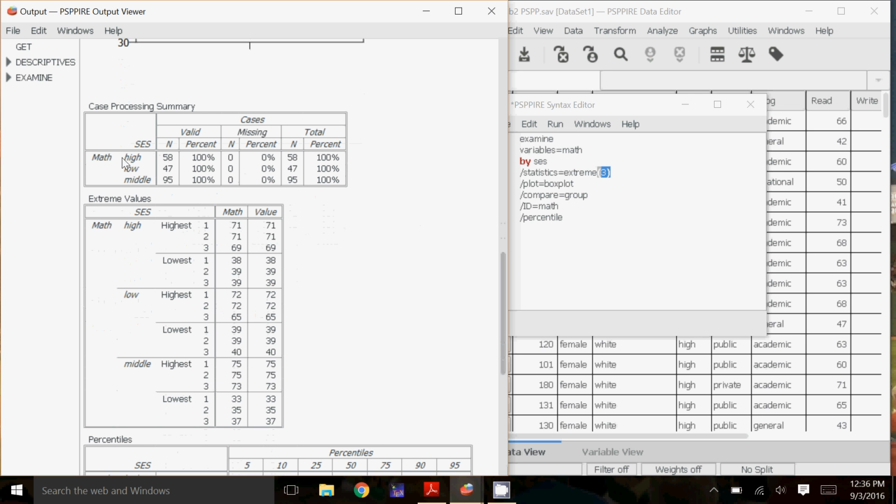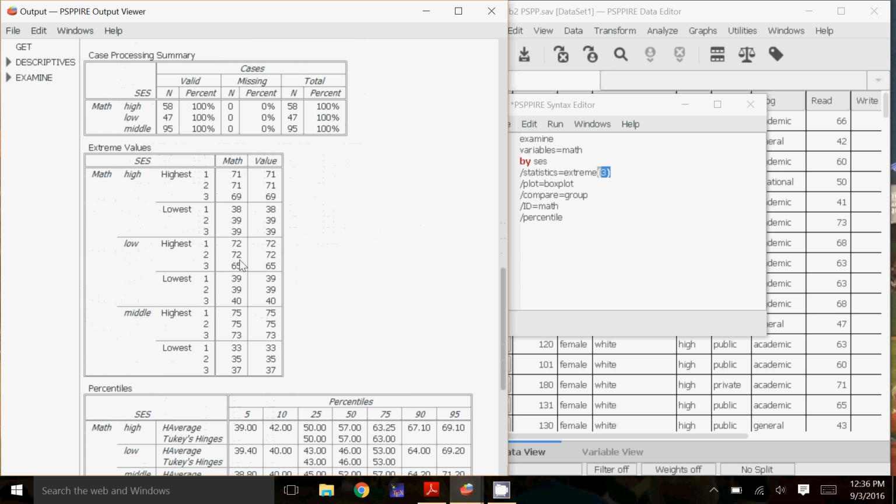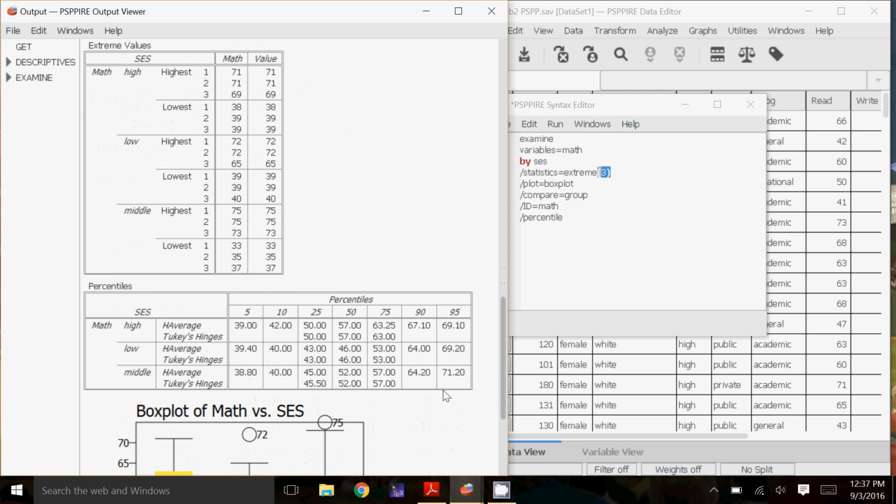And again, they go in alphabetical order, so it looks a little strange, high, low, middle, but it's alphabetical. Next, we have the extreme cases, the extreme values. Again, the highest 3 and the lowest 3 for each of them. And then again, it has the percentiles. So the quartiles were given by Hinge's method and this H-average method.